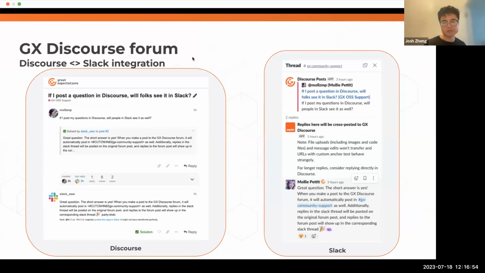I'd love to hear if it's working for you, your workflow. What I'd really love to hear is that maybe in a month or two, you have a question about GX, you paste your error message into Google, and you find the answer on our Discourse, because we now have that question answered on Discourse and it's searchable, and you don't have to dig through Slack to find your question or the answer to your question anymore.